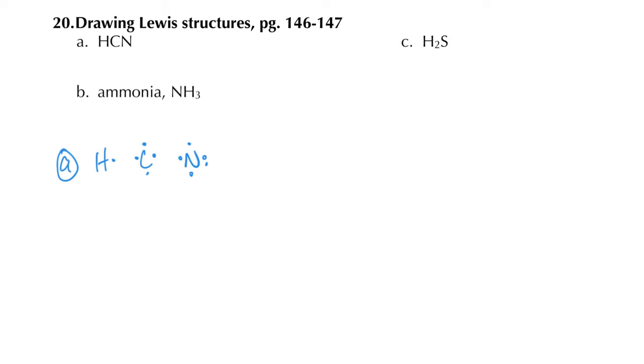Then I choose one of them to go in the middle. I'll choose carbon because it has the most unpaired dots. And then I'll put the other elements on the sides of carbon, lining up single dots to make a dash or a shared pair of electrons. I'll line up one of nitrogen's single dots with a carbon single dot to make one pair, but remember our